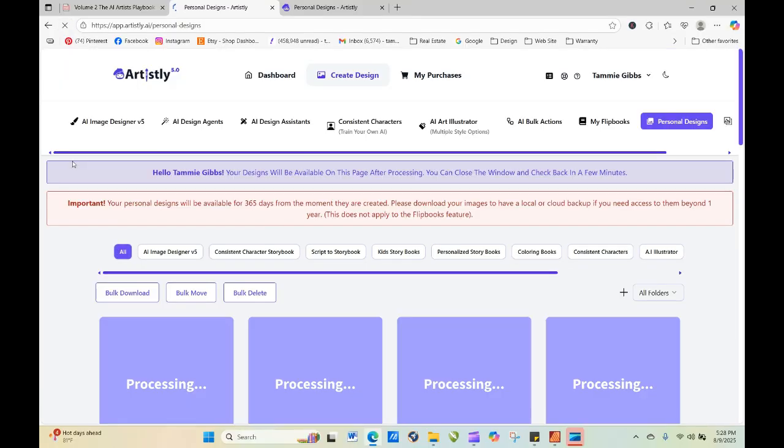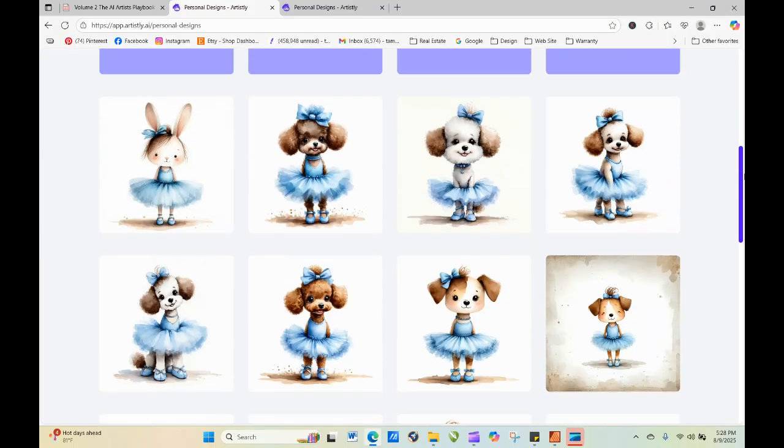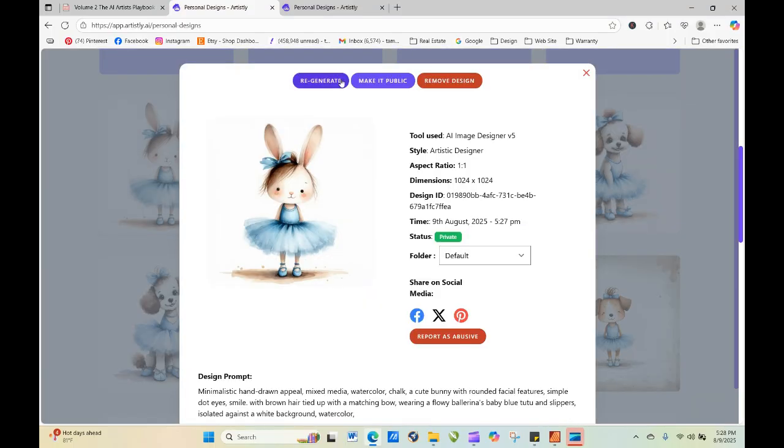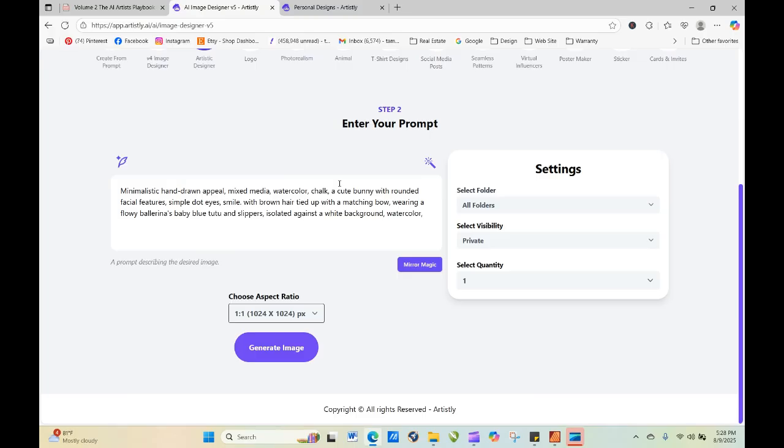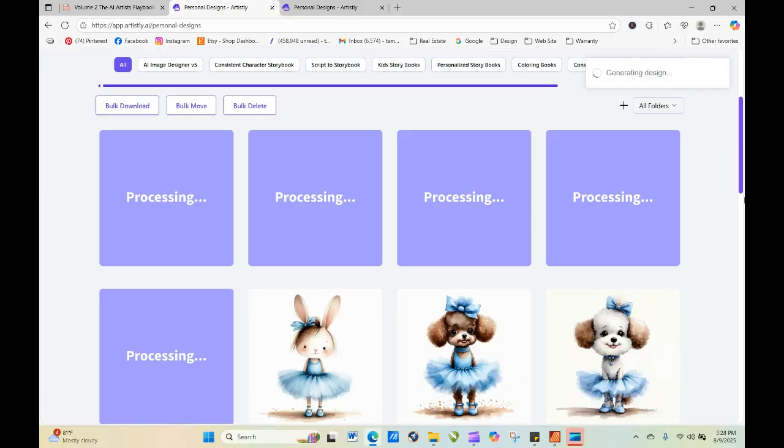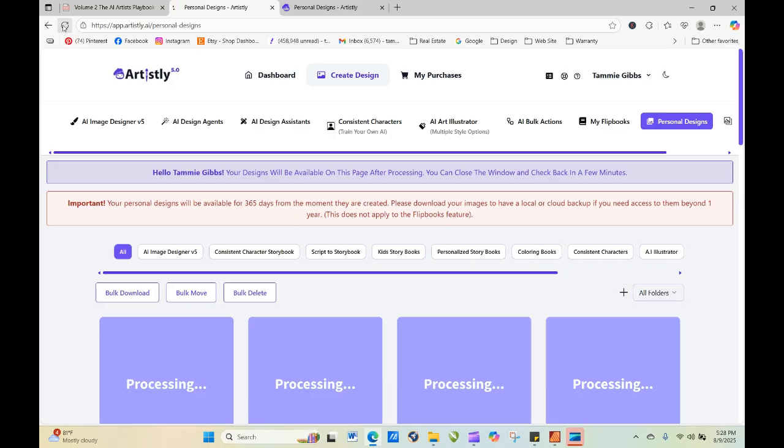Let's just say we want to do a soccer uniform. Do you think maybe we could do that? Let's look at this. Let's put the bunny in a. Okay, so we've got a cute bunny wearing a soccer uniform. And see what that looks like, because that's going to be the bunny. If we get the same bunny in a soccer uniform, then we have a whole nother clip art pack, or something for an invitation for